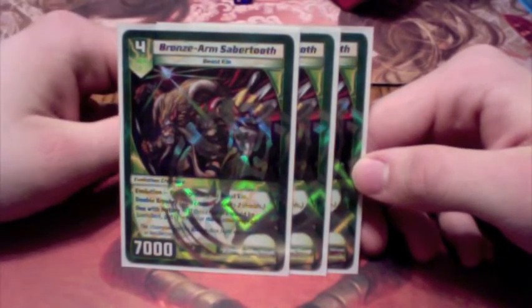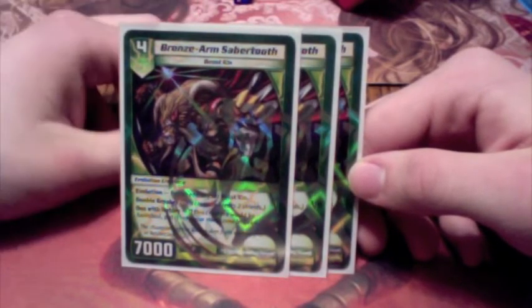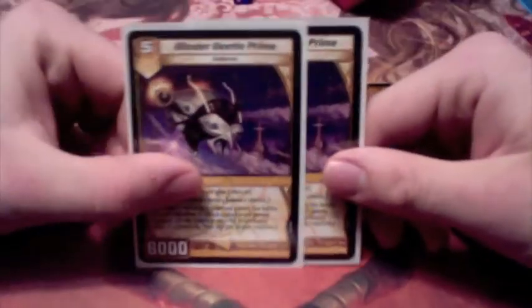It's 7,000. It attacks over Blinder Beetle Prime. Infernus can't get at it. Well, Herald, I guess it would be Herald Infernus, can't get at it because it's so much stronger than it. It's just a powerhouse. Speaking about Blinder Beetle Prime, I do run 2 in the deck because it is an Enforcer,